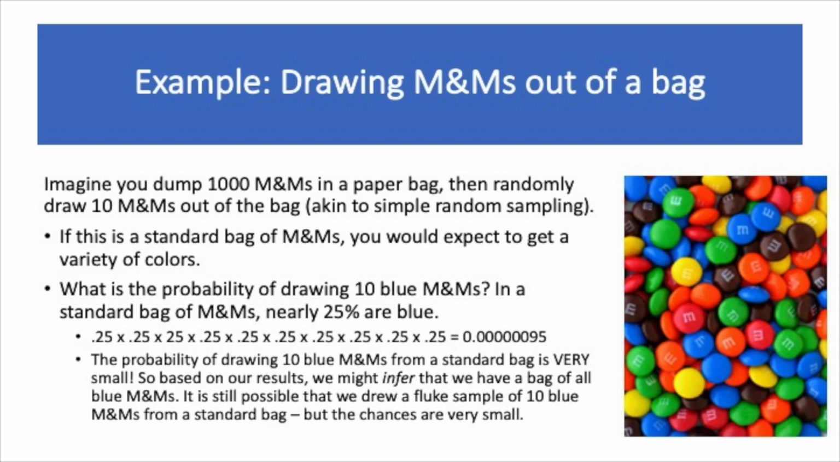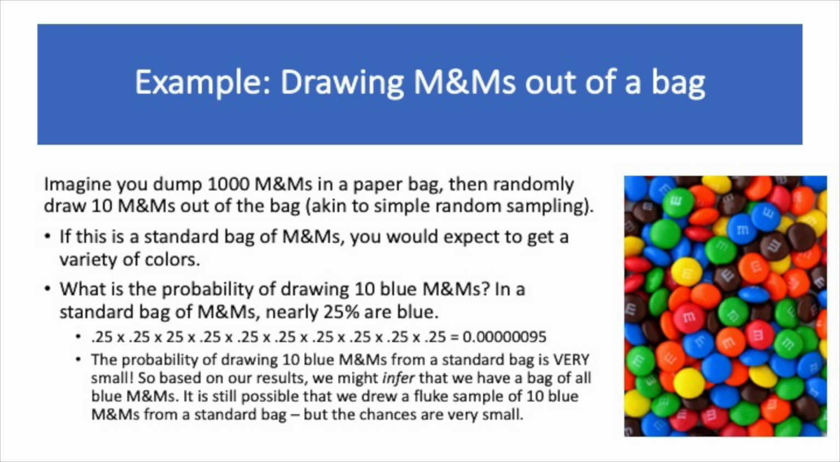So if this were to happen, if we actually did draw 10 blue M&Ms in a row, we might infer that we actually have a bag of all or mostly blue M&Ms, right? Because the probability of actually drawing 10 blue M&Ms is very small in a standard bag. It is still possible that we drew a fluke sample of 10 blue M&Ms from a standard bag, but it is very unlikely, okay? I'm going to start to apply some of the language of hypothesis testing here, okay, to